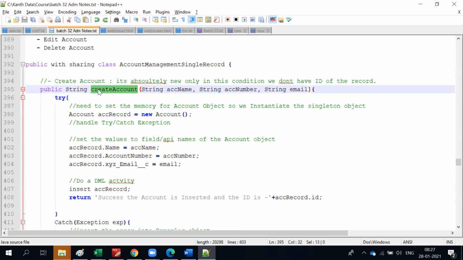Okay, now create account is a method, a custom method which we wrote, and we are passing a few values. All these values are the inputs which are given at the moment we call the class name dot method name, using the method name create account. We need to pass all three params. Likewise in the UI, if you are passing the values inside the,